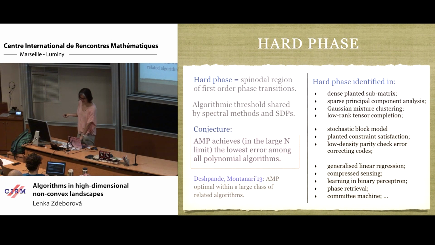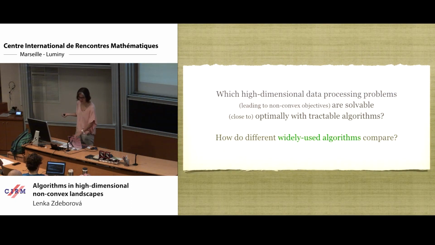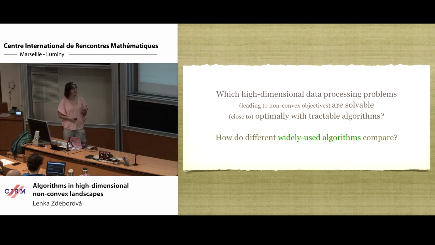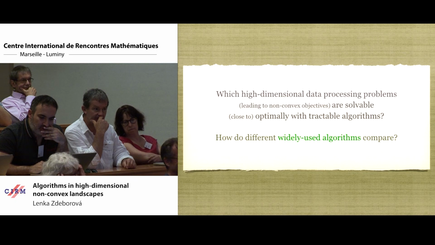That's the last slide about the hard phase, but I go back to my question from the beginning. Because now I gave you a summary of the last couple of years when we were working on these problems, getting some progress. But I want to concentrate on this second part of the question. How do widely used algorithms compare? This approximate message passing is nice because we can analyze it. That's why we love it. We can prove theorems, but basically nobody uses it in practice. It's kind of fragile towards the assumptions on the randomness, and it has some promises, but it's not quite there.